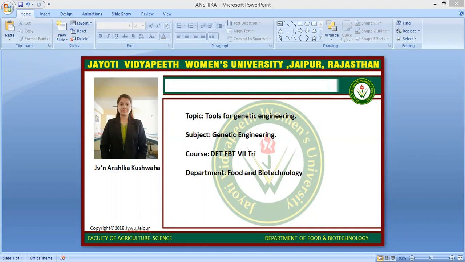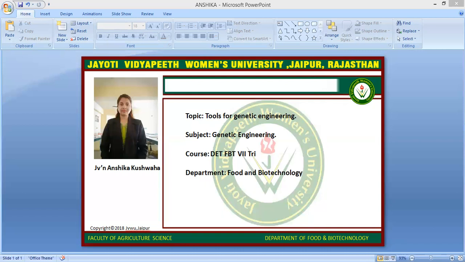Third one is gel electrophoresis. So in this, purifying DNA from cell culture or cutting it using restriction enzymes wouldn't be of much use if we couldn't visualize the DNA. Gel electrophoresis helps visualize the size and type of DNA extracted using PCR and restriction enzyme. It is also used to detect DNA inserts and knockouts.